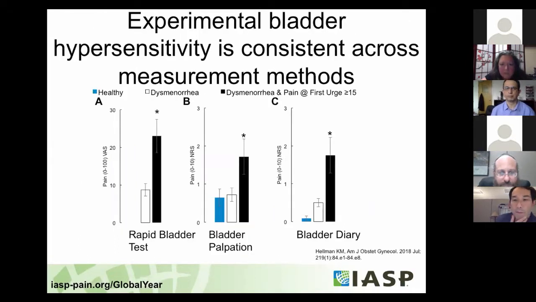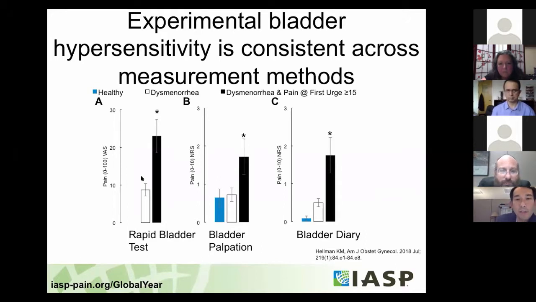start with. And further, this experimental measure that, again, is non-invasive and should be readily adaptable in the ambulatory setting does seem to be consistent when you look at other measures. So while we do this as a formal 2-hour test that's done in a controlled setting, we have some patients who just walk in the door and do what we call a rapid bladder test. They've already kind of gotten primed to come drinking before they walk in. We don't observe the initial diuresis, but rather we say, when you get to first urge, tell us how your